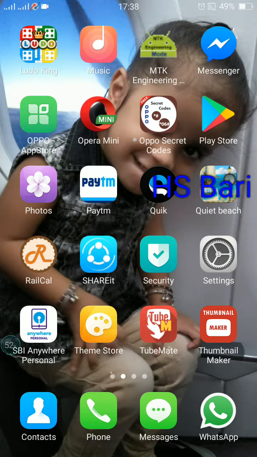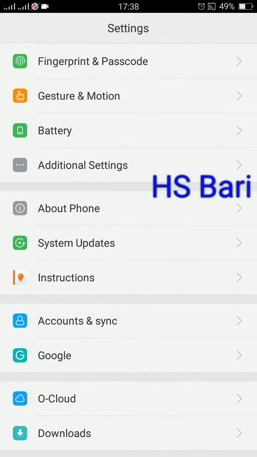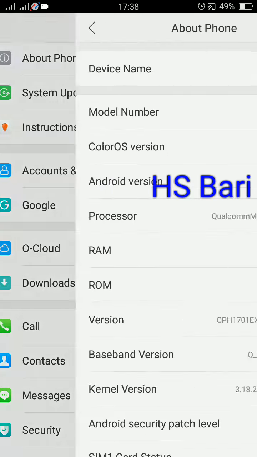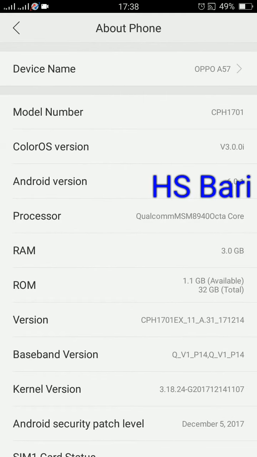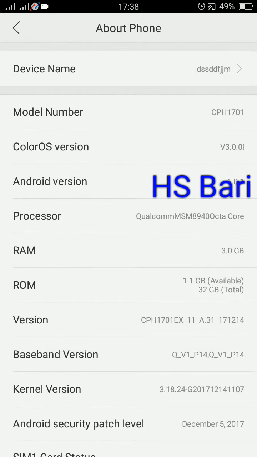For changing your device name, go to Settings, then again go to About phone. Now just click on this Oppo A57. As soon as you click on this, you will see this type of window. Just click on the back button and give the name whatever you want to give, and again click on the back button. You can see your device name is changed, and in this way you can change your Oppo mobile phone device